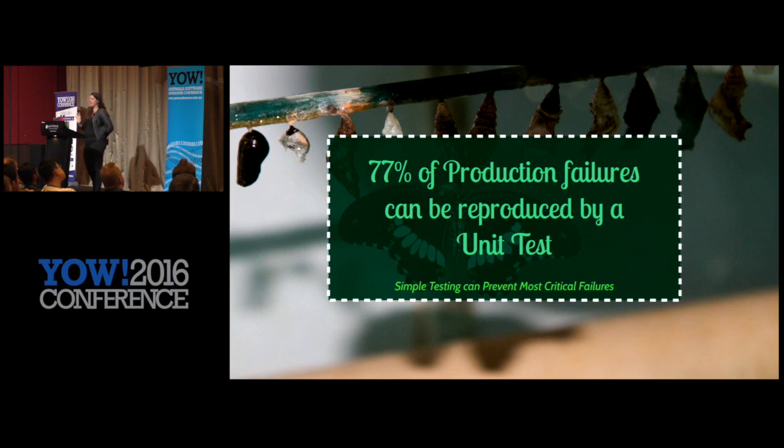Okay, so one of the core things that was super surprising to me when I read this is that 77% of the production failures could be reproduced by a unit test alone. While that sounds a little snarky, it does suggest we could do a better job of unit testing. But you can't be totally clairvoyant, right? Every unit test possible? We're not going to do that, that takes way too much time.